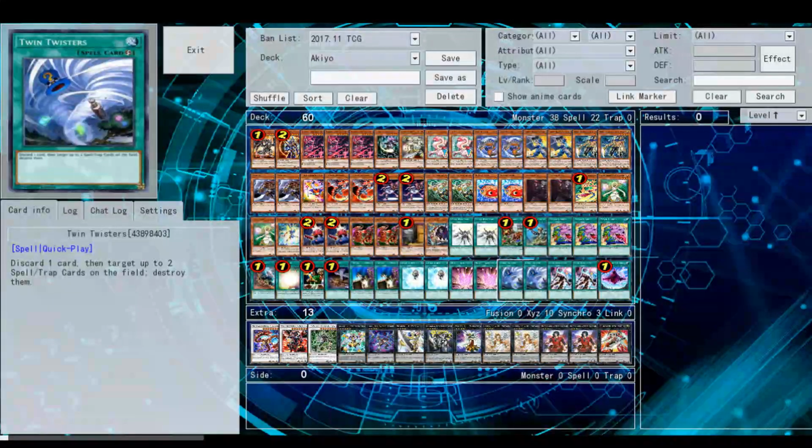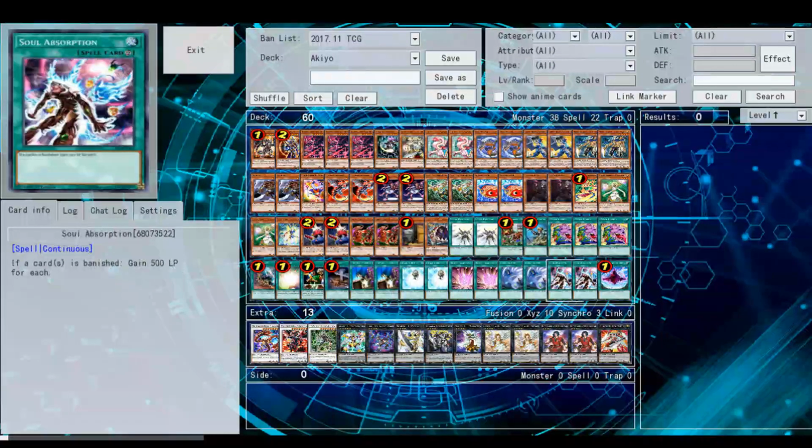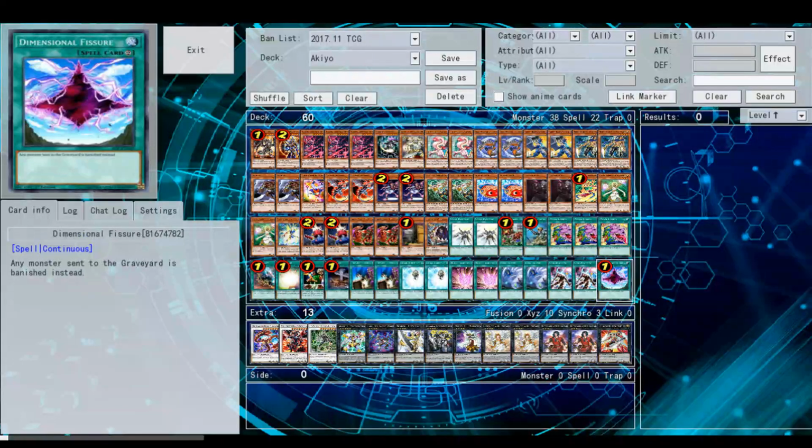There are a lot of cards in this deck that obviously want to be in the graveyard, so the discarding is not really a downside. Soul Absorption, because it's a banished deck, and gaining 500 life points for each banished card is really silly. Dimensional Fissure, because your cards want to be banished, but at the same time they want to be in the graveyard, because a lot of your cards interact with the graveyard. So I'm personally confused of why this is in here, but...